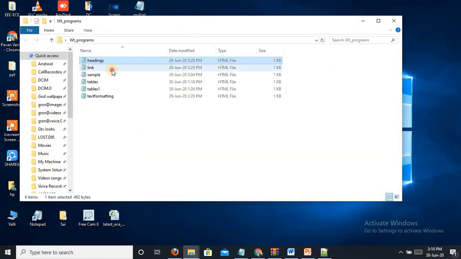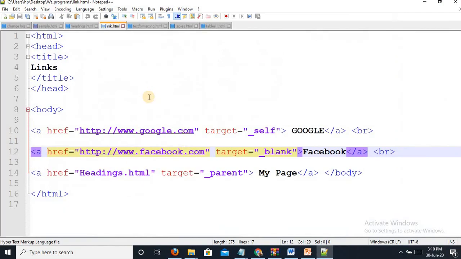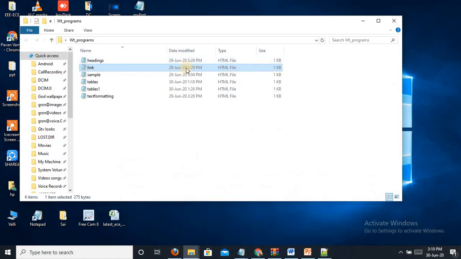So next go to the link. I am going to execute the link. If you want to write Google, I had written Google. If you click on Google, www.google.com will open. If you click on Facebook, facebook.com will open. So I will execute this right now.